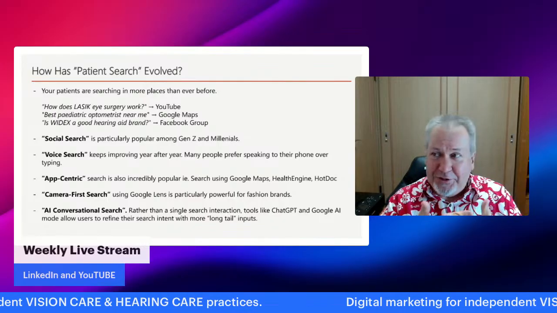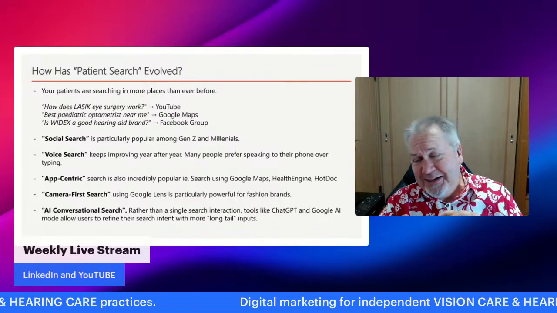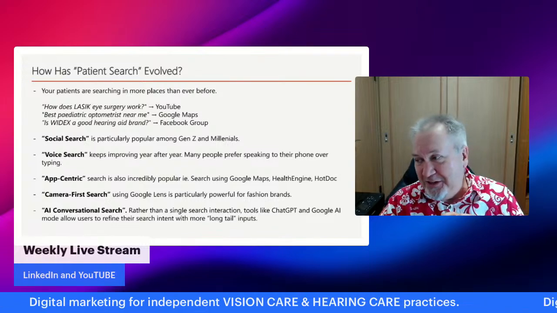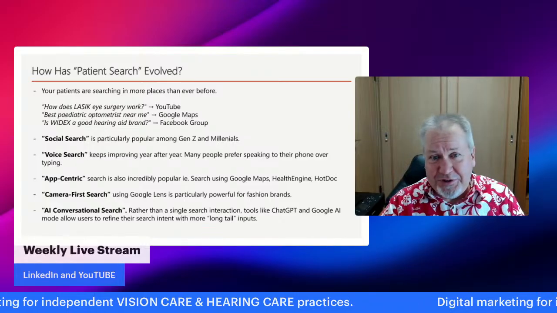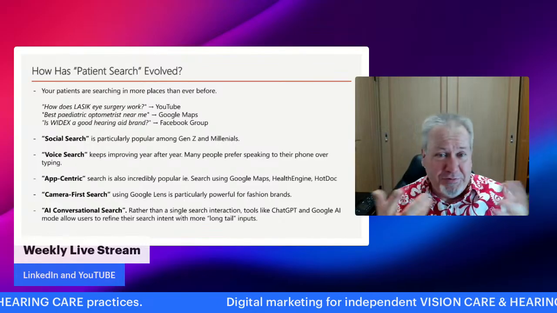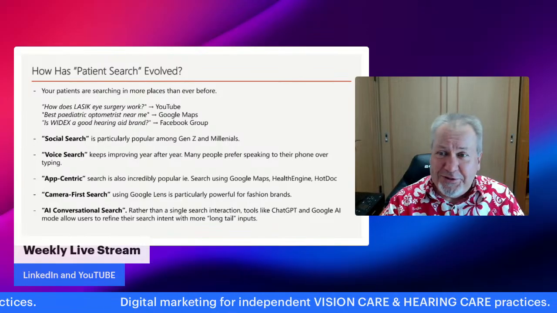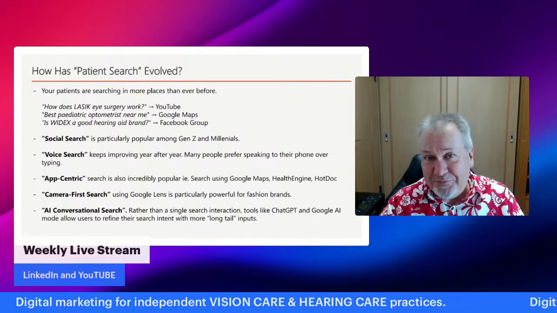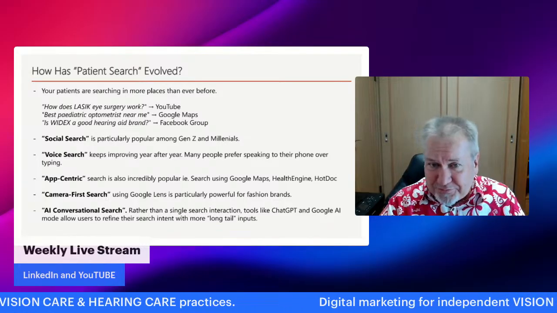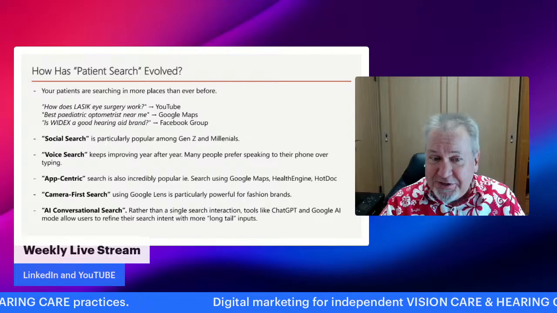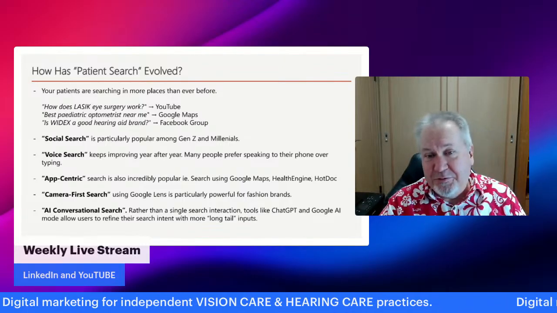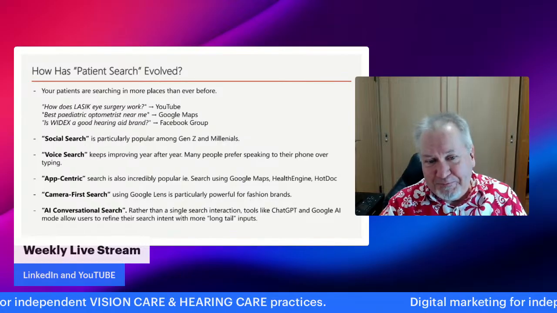Talking to my niece, I asked her, if you're looking for a particular product or service, how do you usually go about it? And I was quite surprised when she said her first port of call is Instagram. So if she's looking for something, first she'll do a search on Instagram. That's quite insightful for me.